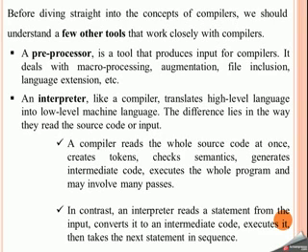In simple words, we can summarize it as: a compiler reads the entire source code at one particular go, converts it into intermediate form, and executes it. An interpreter, on the other hand, takes the source code line by line or statement by statement, and each statement is converted into intermediate code before the next statement is taken into account.